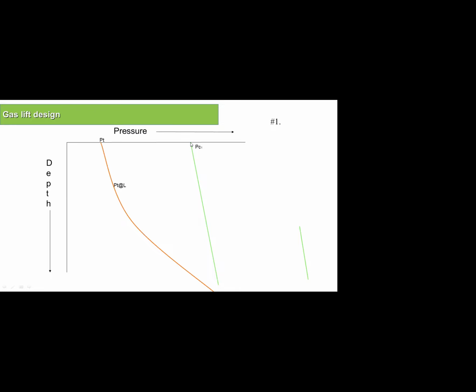This curve starts with the kickoff pressure, or the pressure of the gas inside the casing. It is the maximum pressure that I can inject at the casing with this gas. So I mentioned before in the surface facilities that I take the gas at low pressure. I do compression for this gas to reach a certain high pressure. So I inject this gas here,